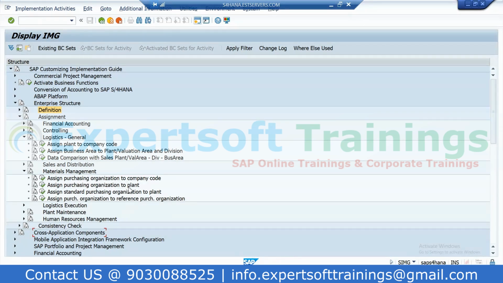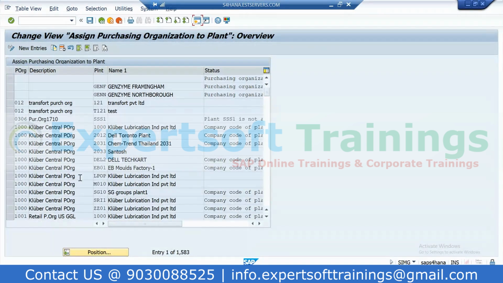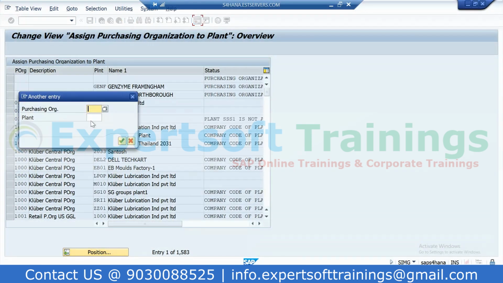तो मैंने आपको कल बताया था, if it is a local purchasing then we are going to assign our purchasing organization to plant, and if it is a centralized purchasing यानी corporate में बैठ के कोई order कर रहा है सारे plant के लिए, then we can assign our purchasing organization to the company code. So let us go ahead with the local purchasing. Select this and click on position, और यहाँ पे अपना plant देखते हैं, ECP1, enter.